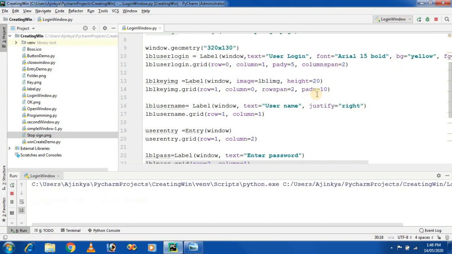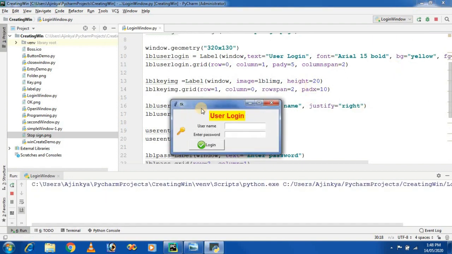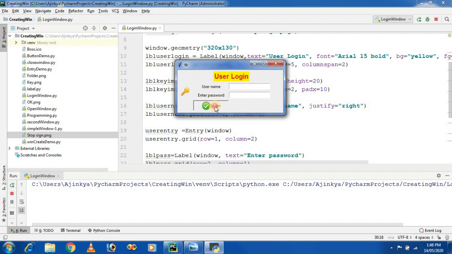So run the project. So this is our button, and this is the image ok.png. The compound property can be used to display images as well as text on a button.